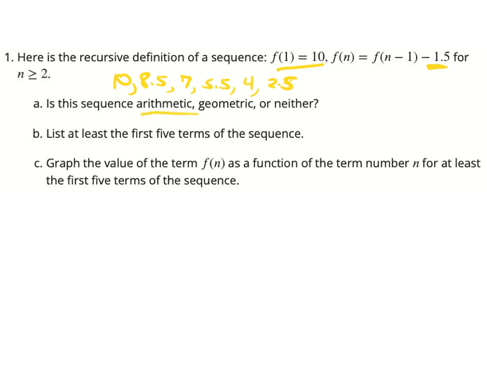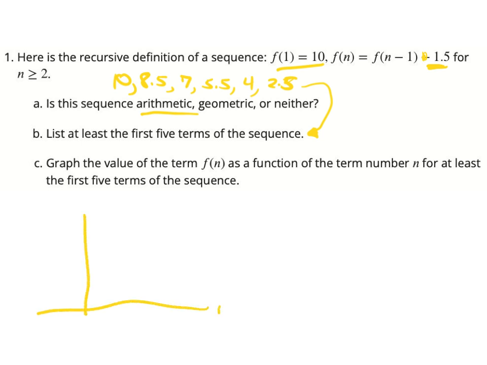It is arithmetic because our change is minus 1.5. List the first 5 terms. Well, we already did that, so we put that here. So whenever you see a definition, try to work through it, and then a recursive definition, and then answer the questions. Graph the value of the term f of n as the function of the term n for at least the first 5 terms. So basically,